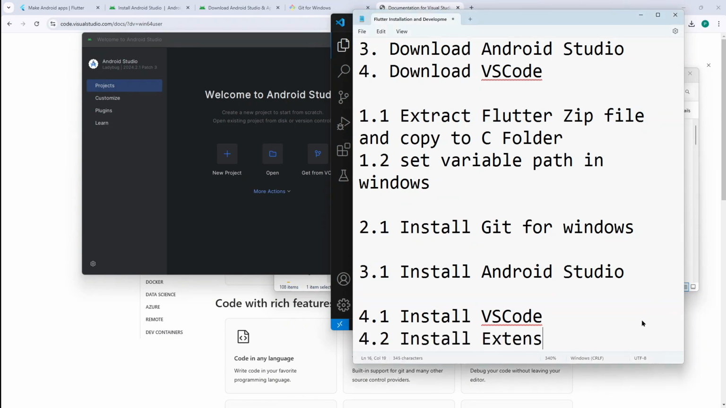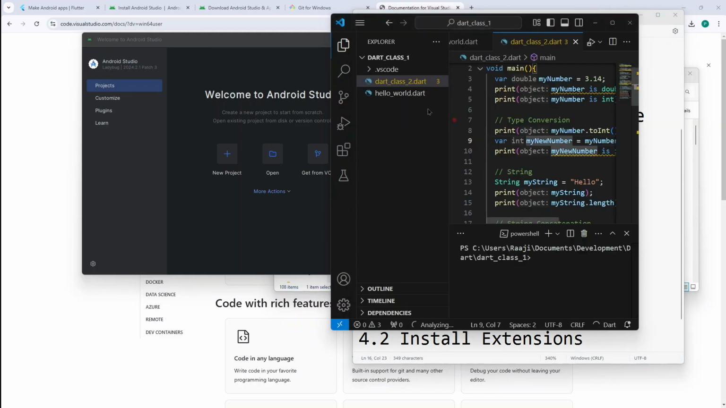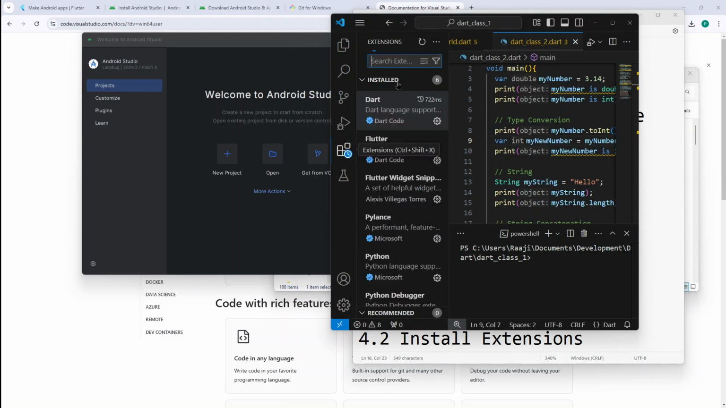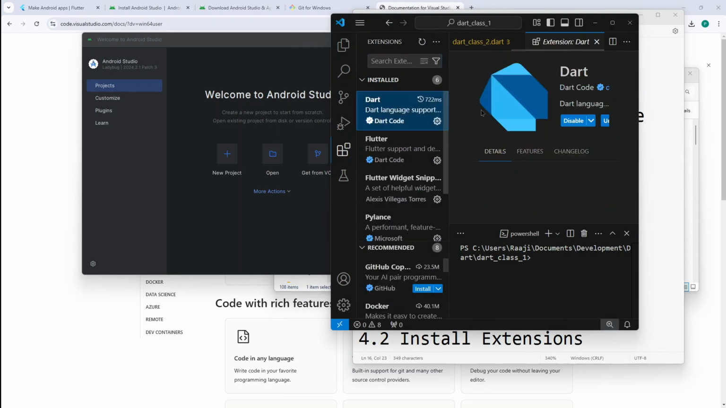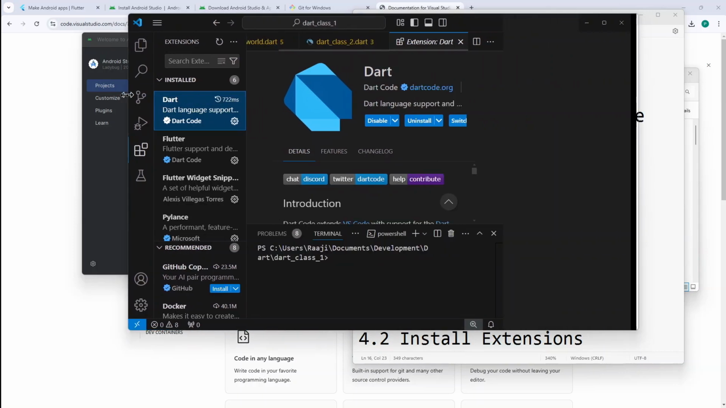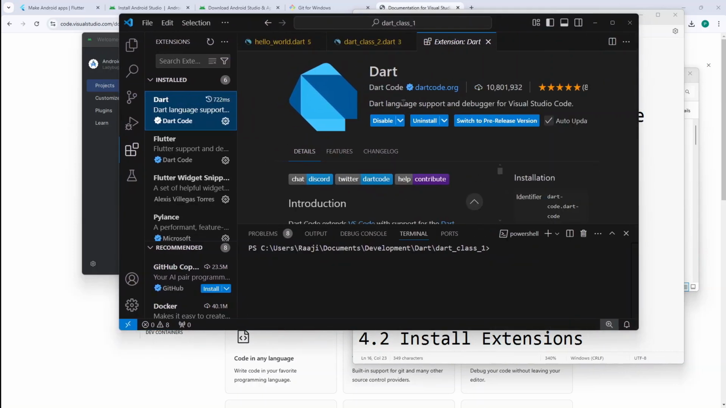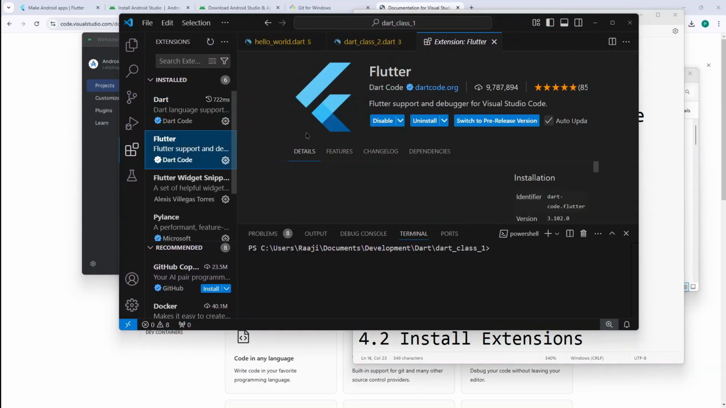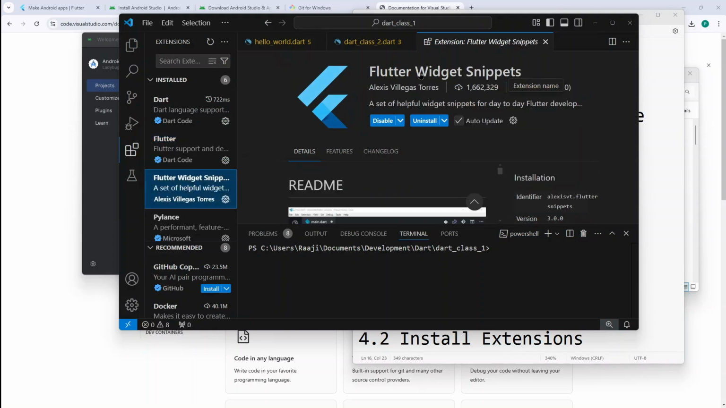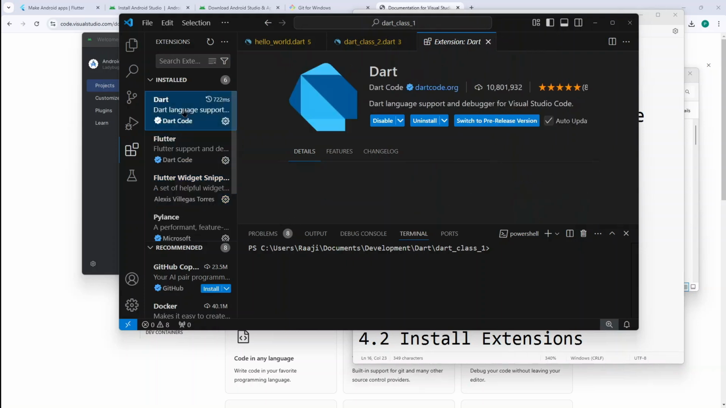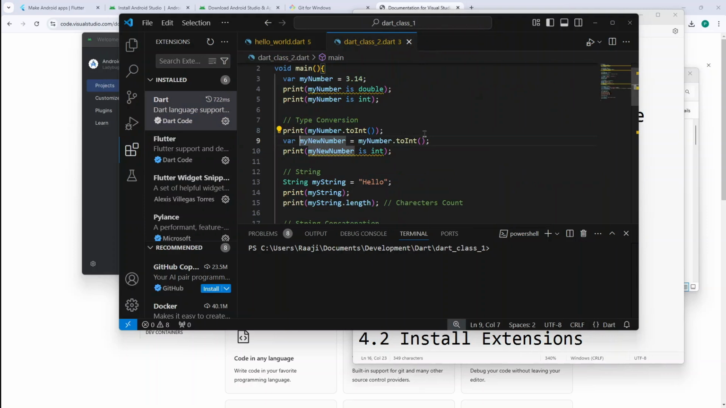Next, after installing VSCode, we are going to install the extensions. What are they? One is Dart. We need to install Dart, the Flutter extension, and Flutter widget snippets. These three we are going to install. Install the extensions, and then